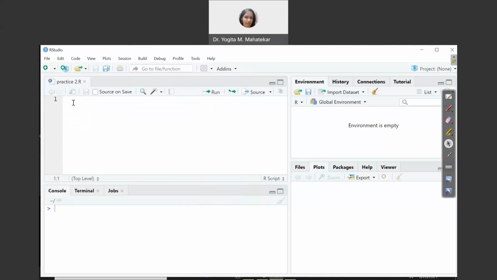Now, you know, a script file allows us to show our work to others and also reproduce and modify the results. So first you create a folder, namely my project, on your desktop and save script files and datasets over there.